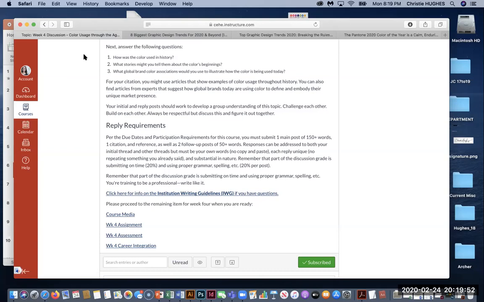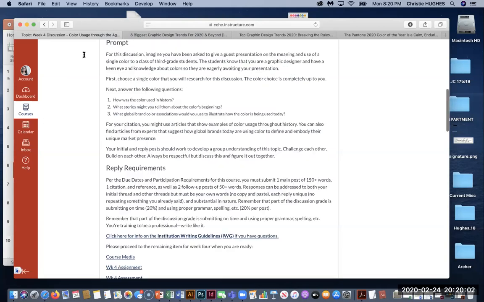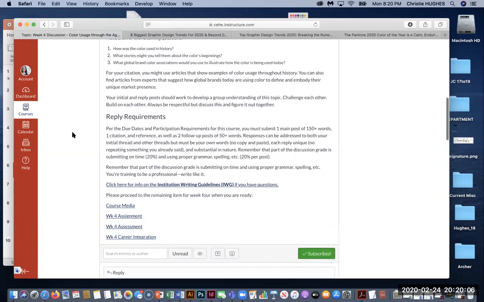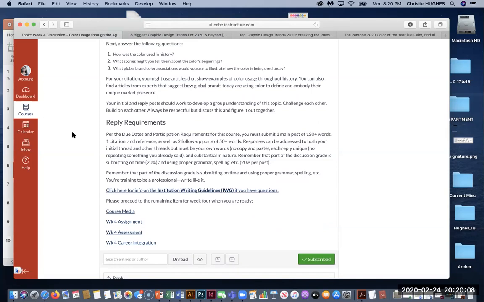What stories might you tell them about the color's beginnings? If you want to do a little compare and contrast with other cultures, that's fine too. Maybe educate, what are they, 3rd graders? Make sure that the students know a little bit about its history, and the history does kind of overlap into other cultures, so that's important. And then the third